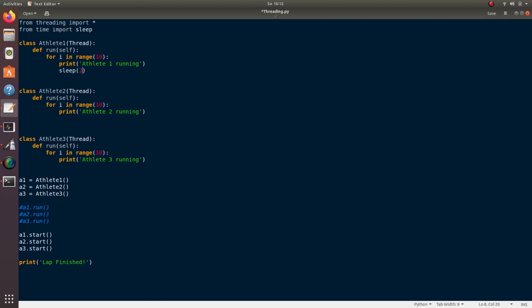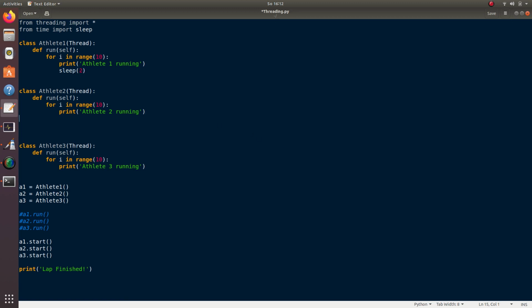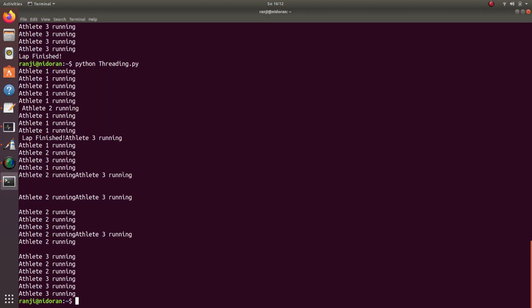Here I'll consider it as 2, so it will sleep for 2 seconds, and here also 2 seconds, and in this case also 2 seconds. Now let's see if we get the output correct or not.